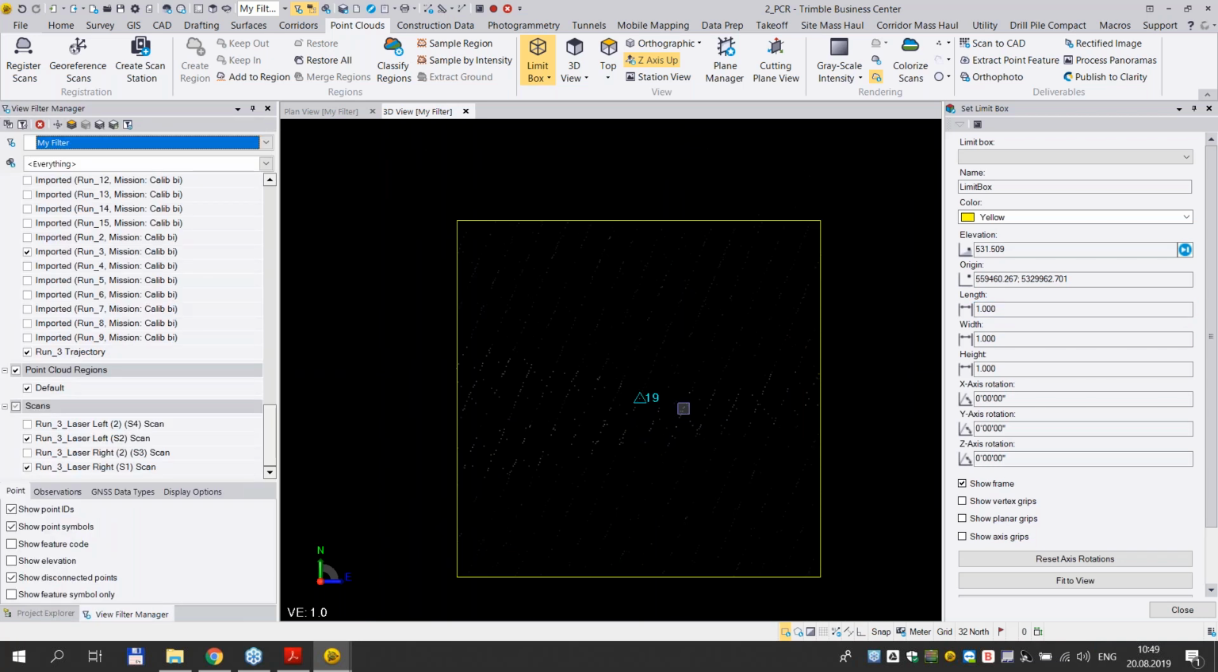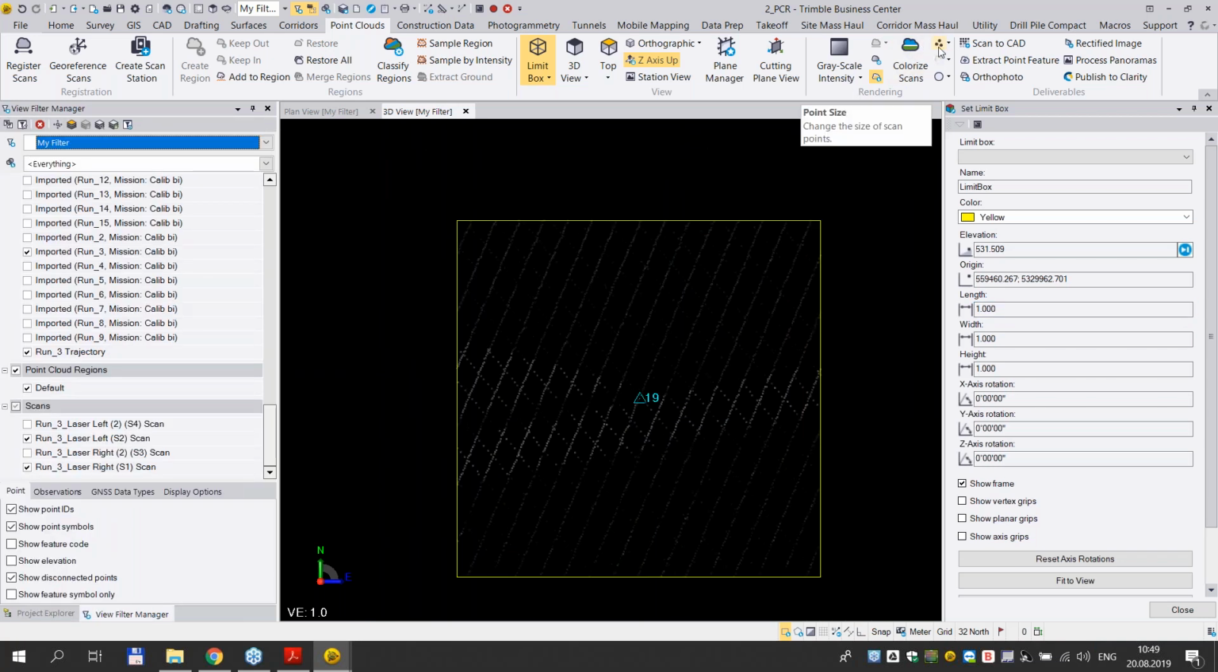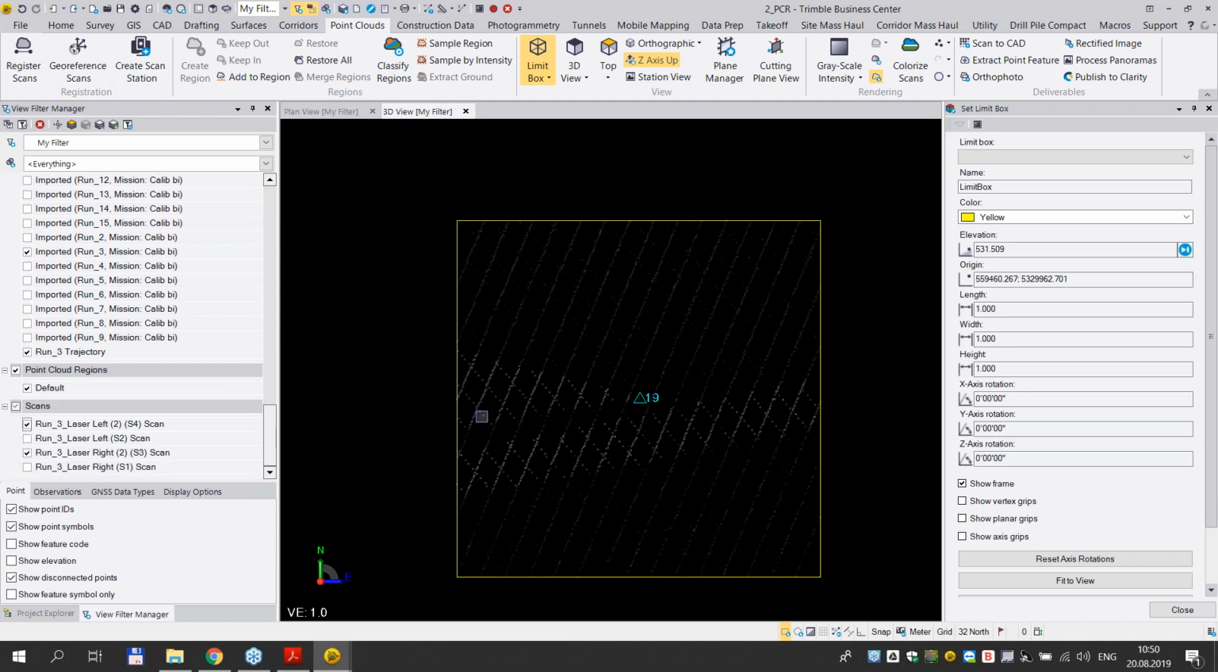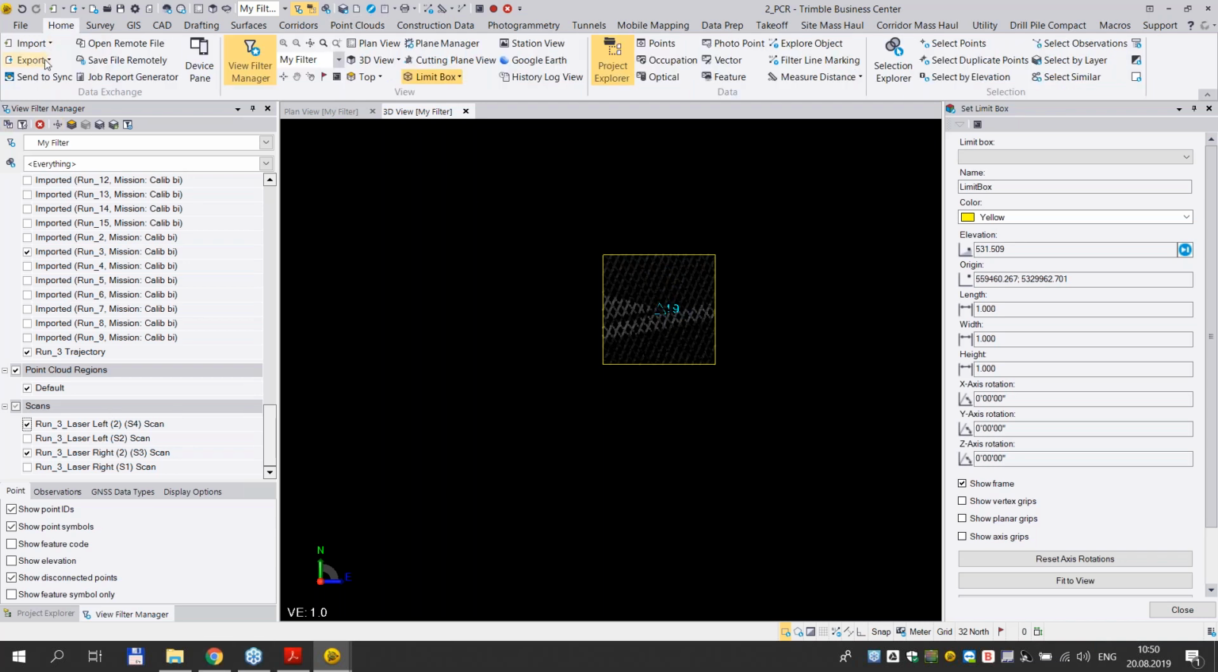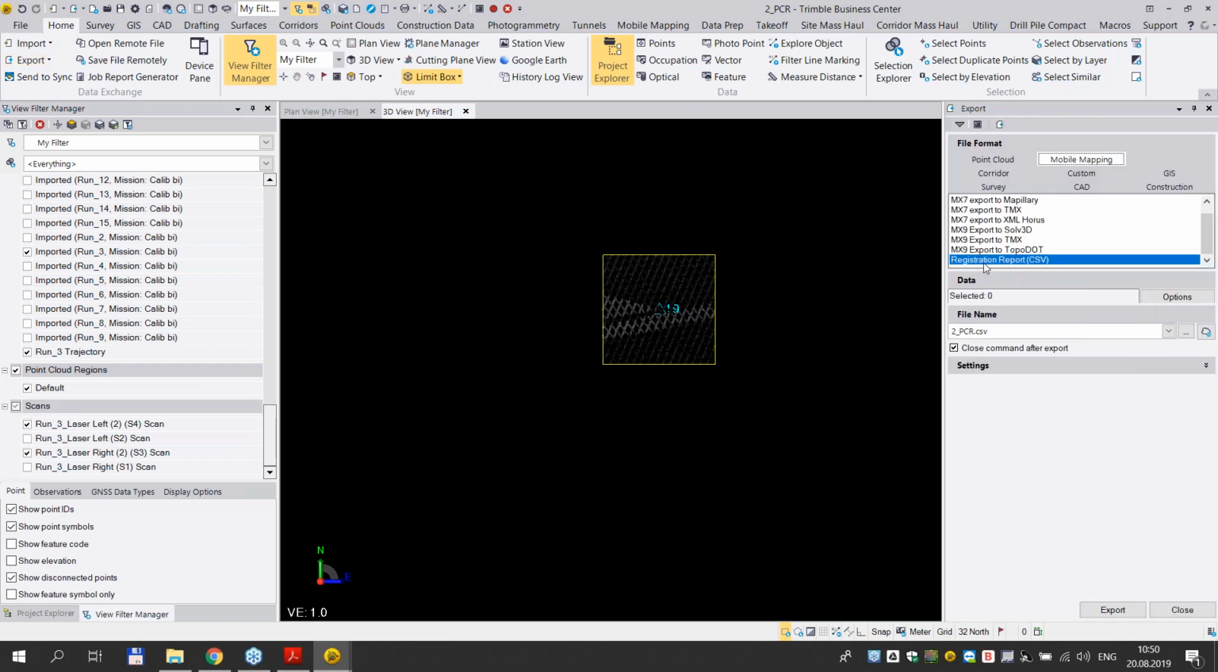Maybe increase the point size. We are looking at the scans without registration, in horizontal, and if we switch to the registered scans, we will see the new position of the scans. That is the validation of the points visually, and you also could use the option to export your registration report to have the statistics of the